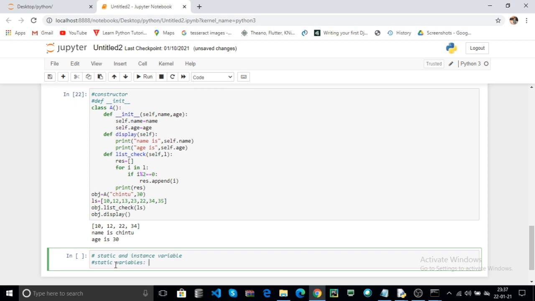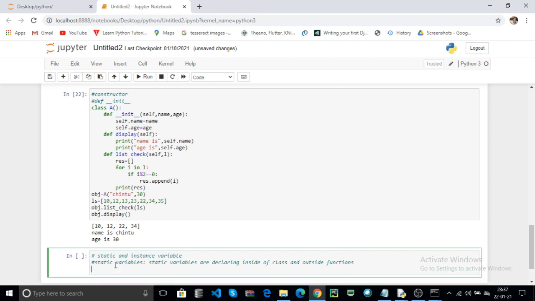The static variables are declared in the class, outside of functions. Static variables are declared inside of the class and outside of functions. Now what is an instance variable?